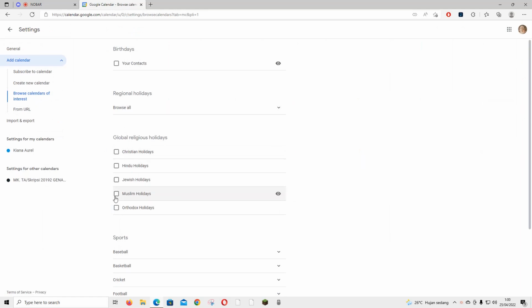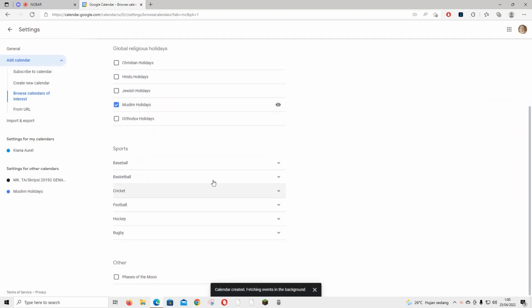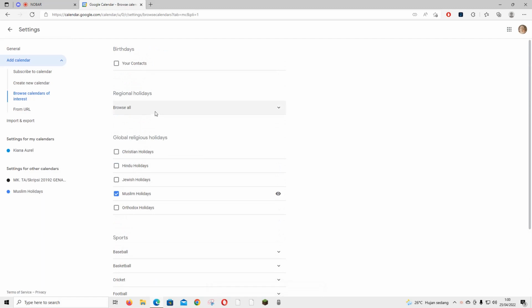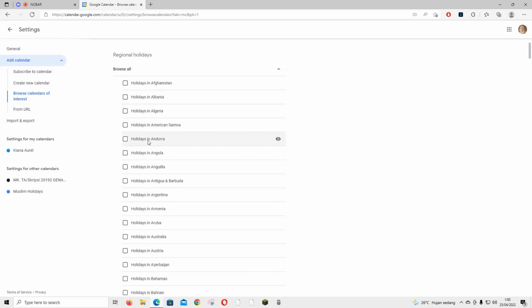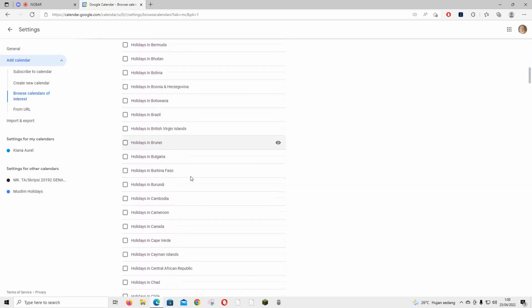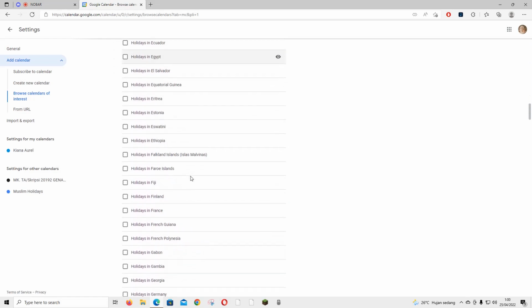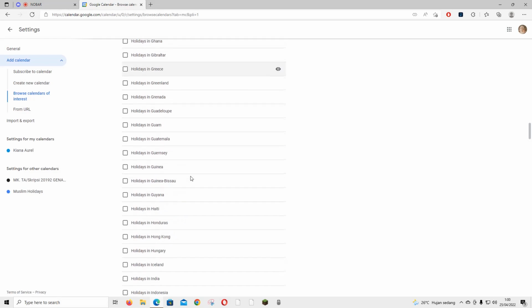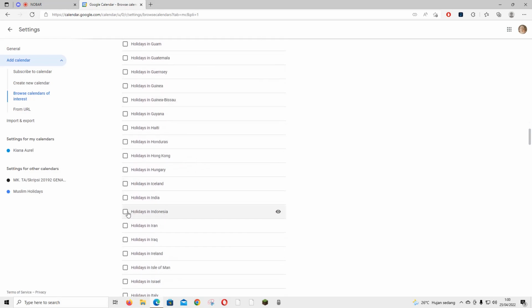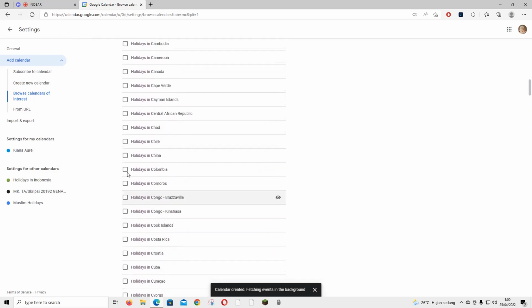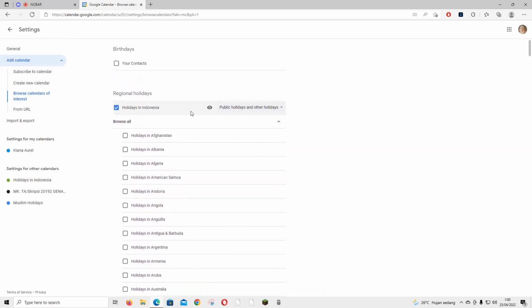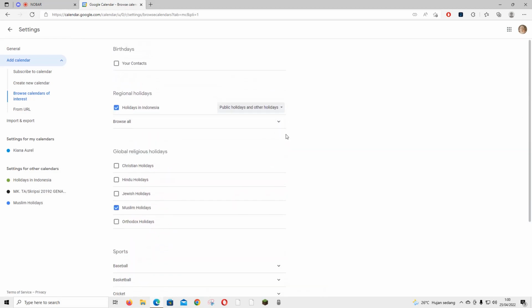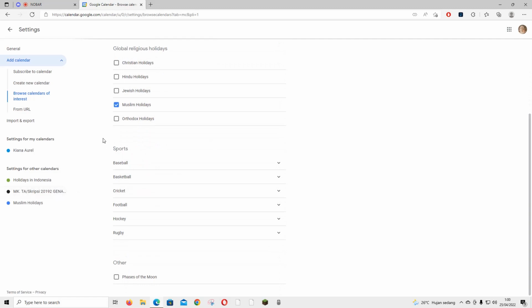So I'm going to add in Muslim holidays, and you can also browse regional holidays. So I'm just going to add in holidays from Indonesia because that's where I'm from. There you go. Just going to click that. So it'll add in public holidays in Indonesia, and you can also add sports events, but I'm not a